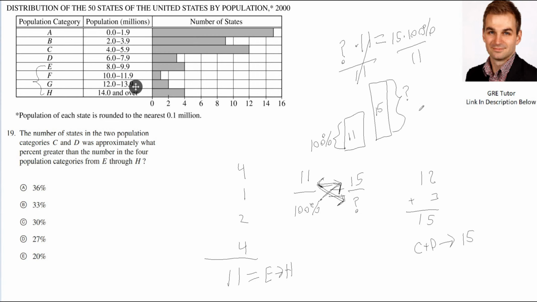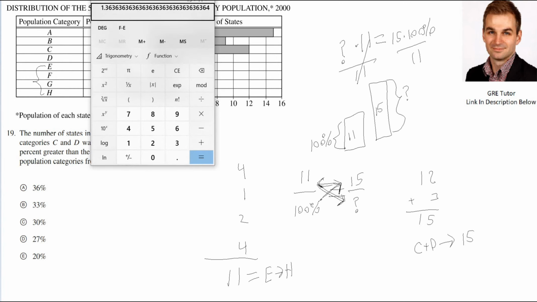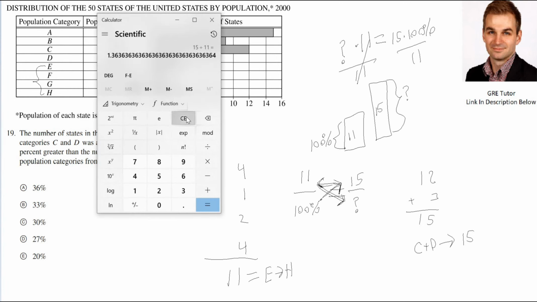Alright, so that's what we do. So what is 15 times 100% divided by 11? Let's use our calculator. We don't have to, it's not too complicated of a problem, but we can do it. Actually, I have the answer right there anyways. But this is going to be